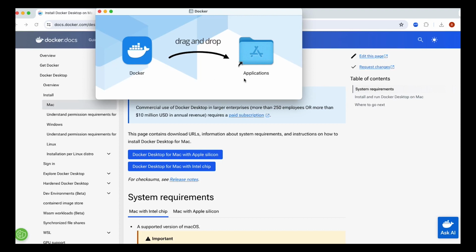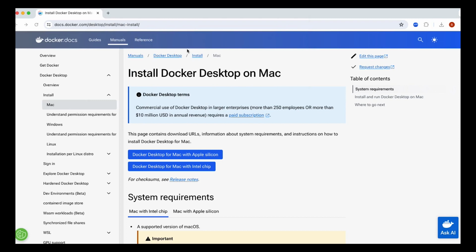All I have to do now is, just like every other software on the Mac, drag and drop, and that's going to install Docker on this Mac. So let's let that finish. Okay, we're all installed. So what we want to do now, though, is bring up Docker because